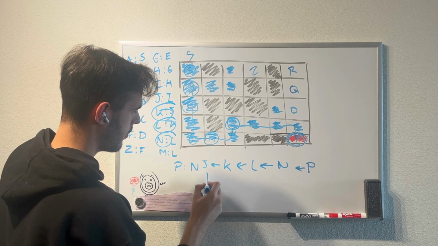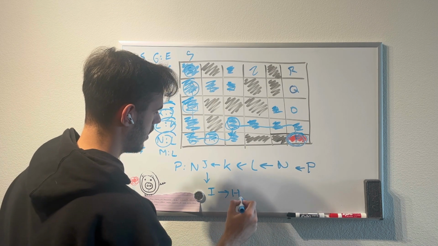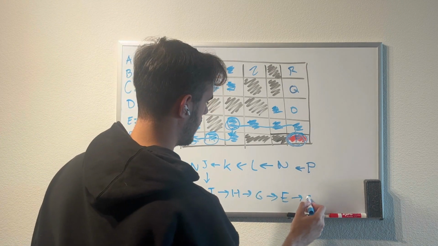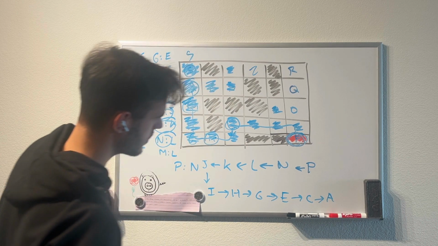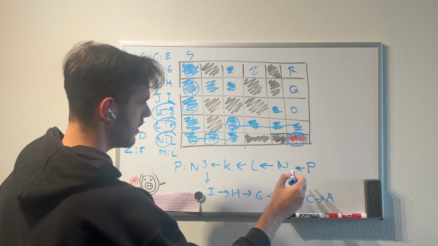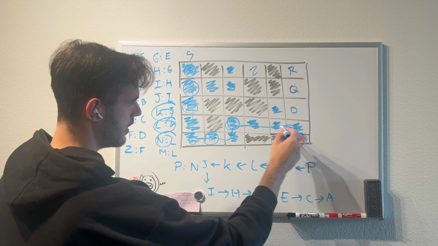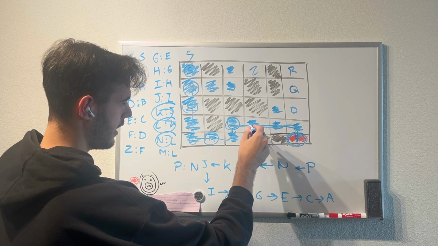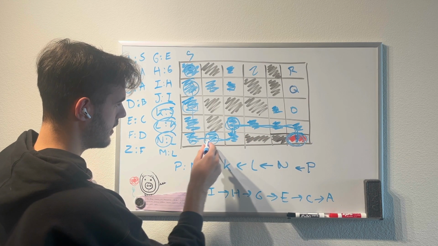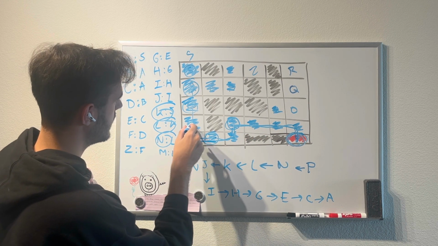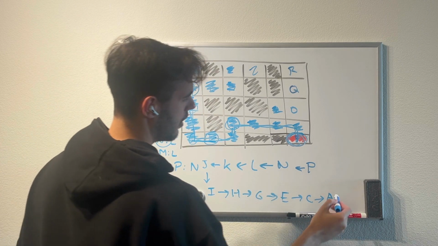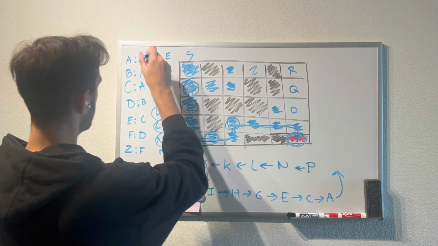And if we do that all the way back, now we have a path that if we follow P to N, to L, to K, to J, to I, to H, to G, to E, to C, to A,